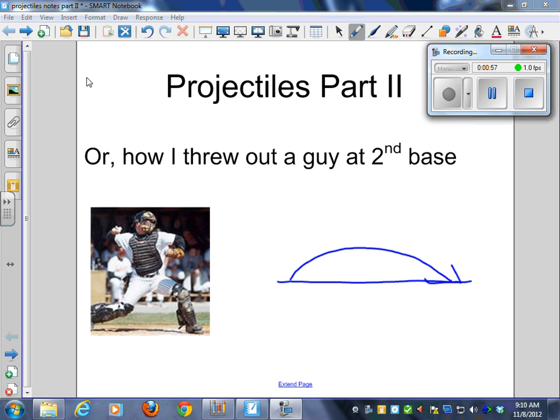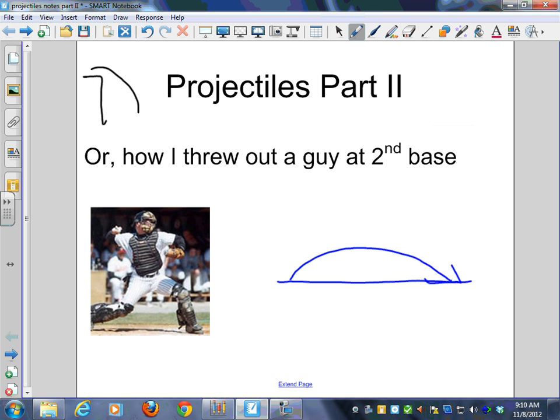The first one, you'll remember, we were doing a drive off a cliff kind of thing. The second one we're going to do is a projection on level ground, and then probably tomorrow I'll do the Big Daddy part 3, which is projection off a cliff at an angle. Okay, so,